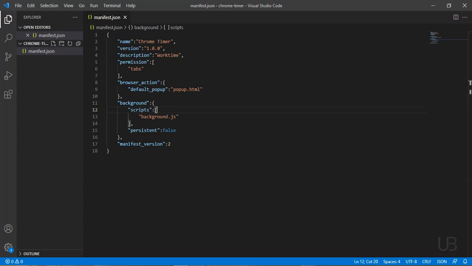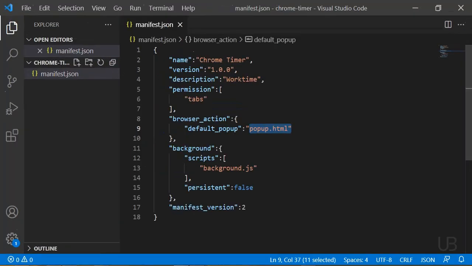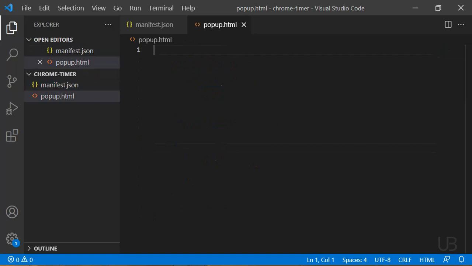If you are done with that, let us move to creating our popup.html. Okay, I don't know if you can see this, or let me just increase the font. I don't know if this is better. This should be better. Okay, let's create our pop-up.html. Okay, let's create a new file, pop-up.html. So this will house the HTML for the pop-up, obviously.